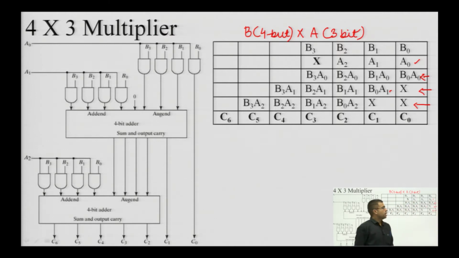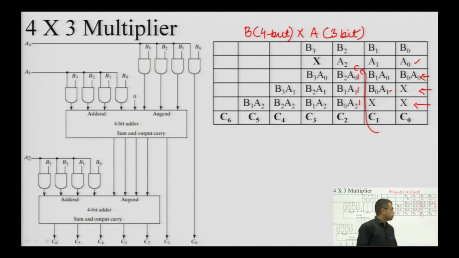Now, the thing is, while we will be adding these 3 rows, there will be sum and carry, but let us take an example that there are 3 ones here and there is a carry as well from this stage. So, there will be 4 things which are to be added, but we have not studied any circuit which is capable of adding 4 bits simultaneously to provide sum and carry. Okay. So, we have to split this task of adding these 4 things or 3 things step by step by taking 2 things at a time.